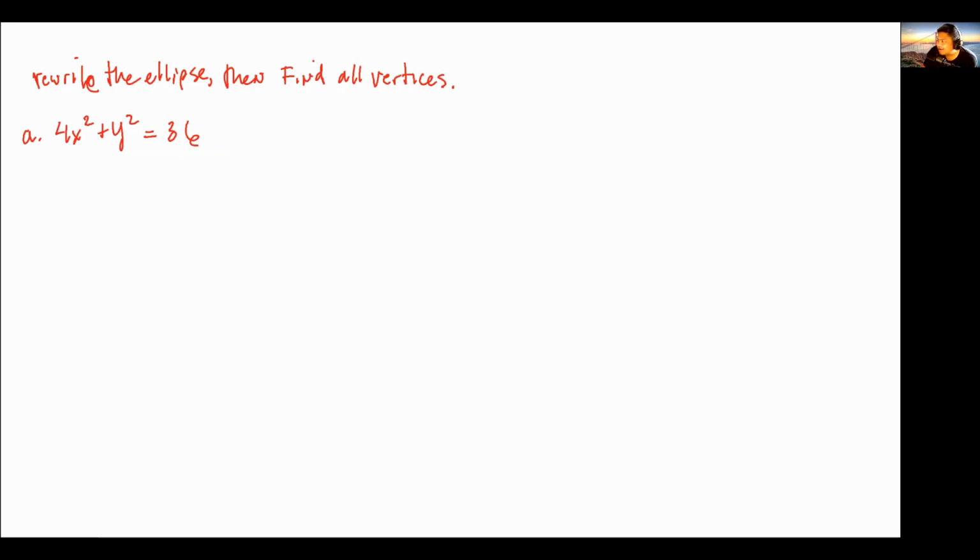Okay, I'm running out of time here. We're going to divide everything by 36. Okay. By doing that, our new equation becomes x squared divided by 9 plus y squared divided by 36 equals 1. This tells me everything I need to know to finish the rest of this question. The center h, k is 0, 0. So from there, you could tell me all the vertices. In fact, this is going to be a vertical